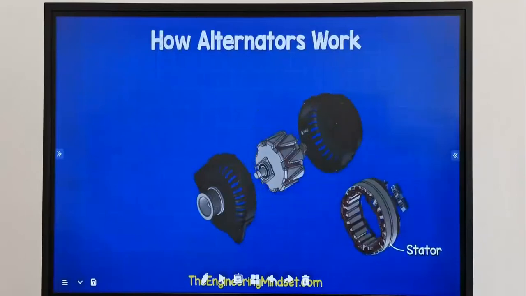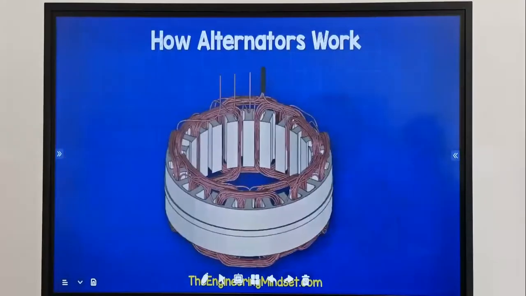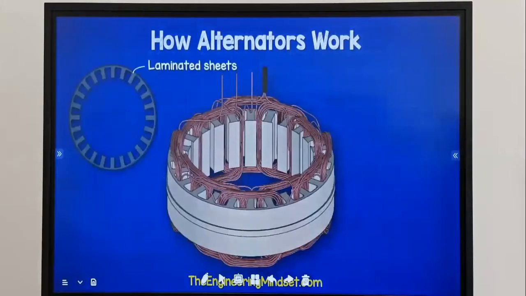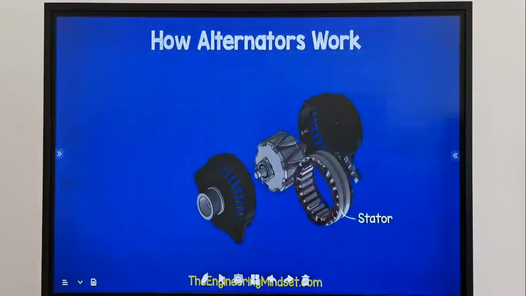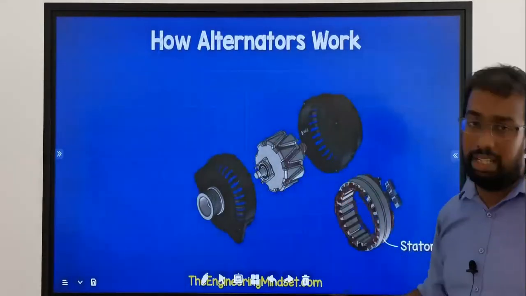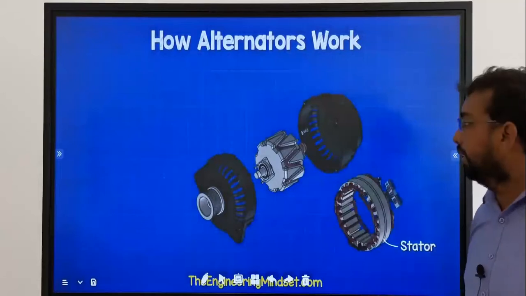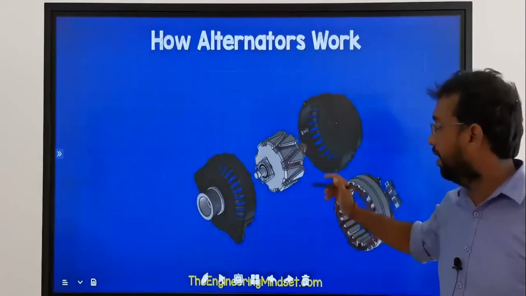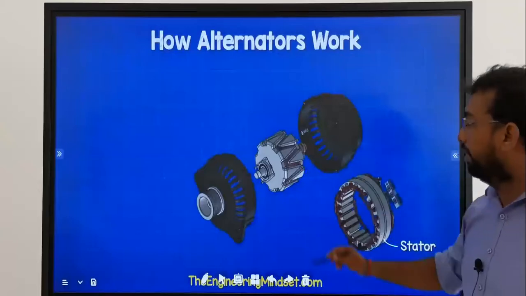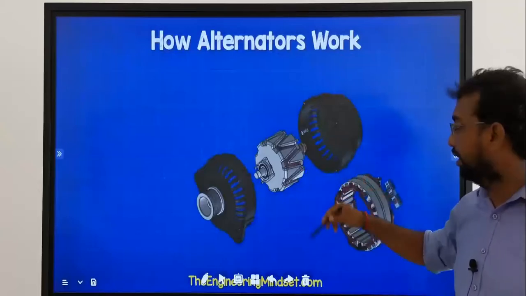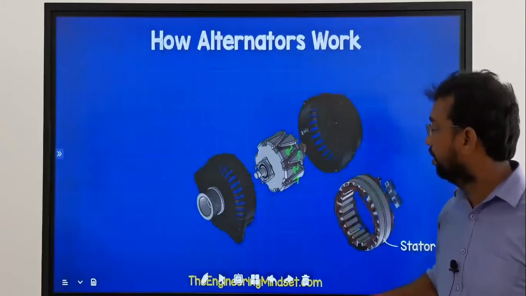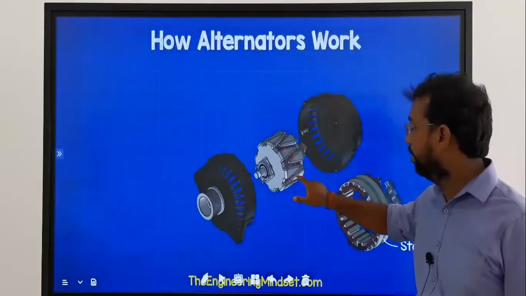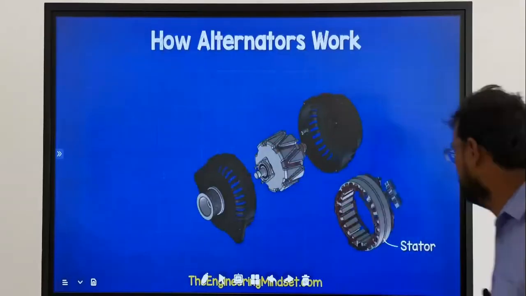So this is a stator, and that is the rotor, but here the rotor is different. Before, in the previous animation, we studied a salient pole type of rotor, but here the design is different. Here we call it a claw pole type of rotor. So here it is north, south like this, north, south. Every claw is north and south.